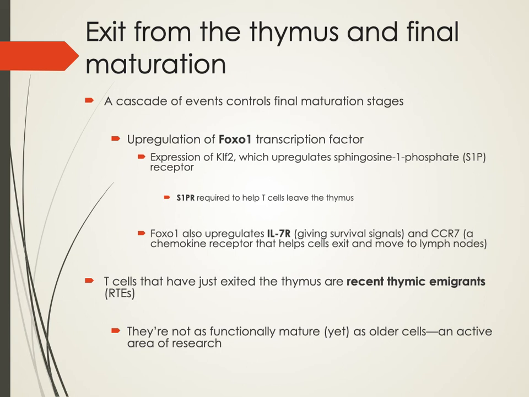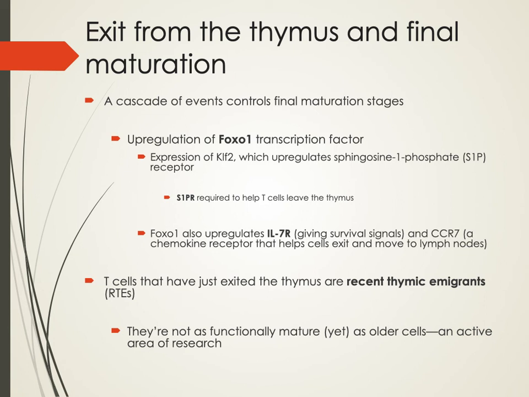So these single positive T cells will then exit the thymus and undergo final maturation. There's a number of cascades of events that's going to happen for this final maturation stage. One of those is FOXO1 expression. It's a transcription factor, so that gets upregulated, and that causes upregulation of a number of other